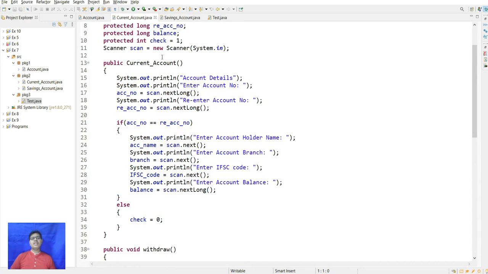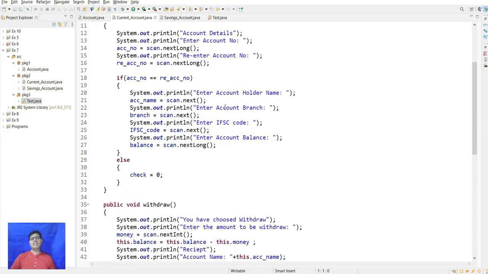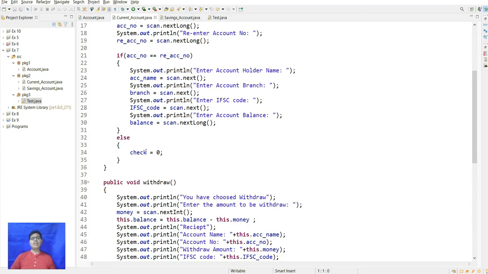Then it will take the input from the user, that is the account number. Then this account number will be matched, and it will ask the user to enter the account holder name, enter the account branch, enter the IFSC code and enter the account balance. If this does not match, it will print that the account number is incorrect or invalid.